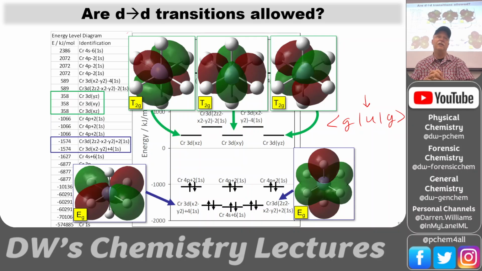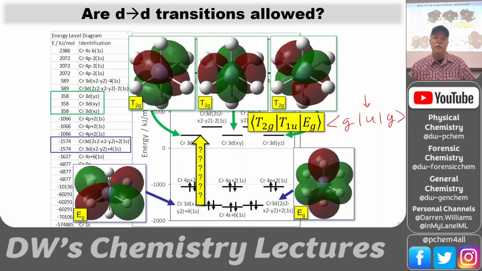So I think the color is there because we're not at the ground state. We're in some excited state, and that breaks the symmetry. If you break the symmetry, you lose the g and u rules, and then you have allowed transitions. So I think it's a temperature dependent absorption spectrum, but I don't have the money to do that. And so let's do this,